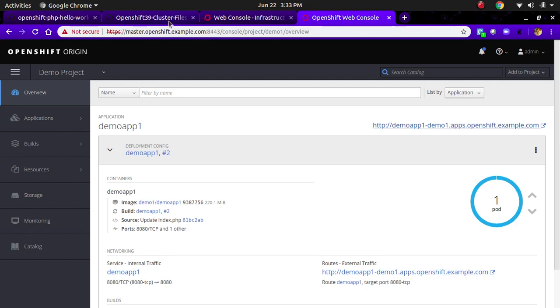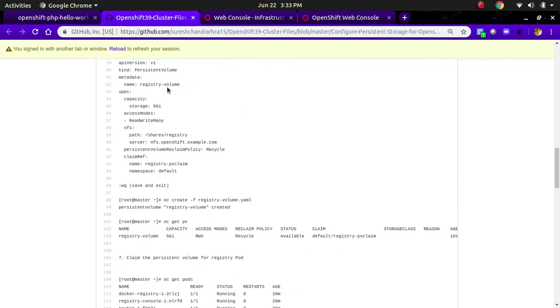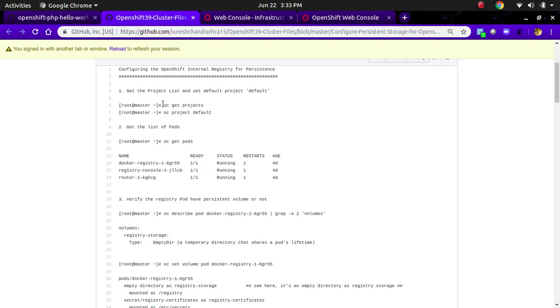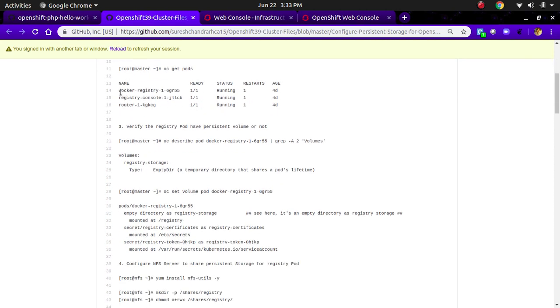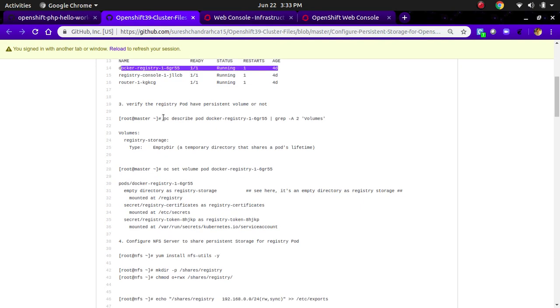What you will do, I have the steps. I have posted those steps here, so you can follow. So here you can see you have the projects. You can get the details of the projects. You can get the details of the pods. Okay, but first thing you have to